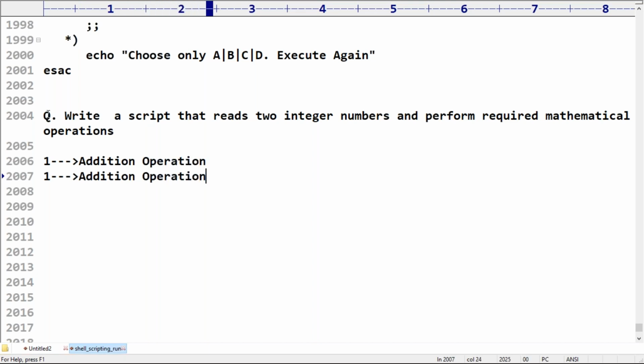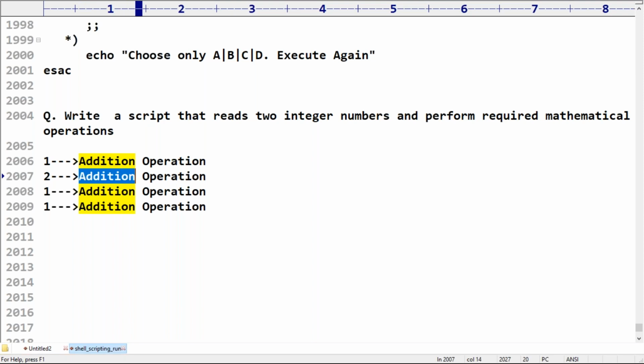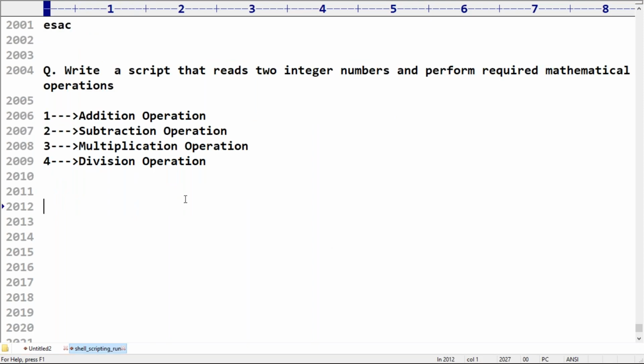If I choose two, we have to perform subtraction operation. If I choose three, we have to perform multiplication operation. If I choose four, we have to perform division operation.